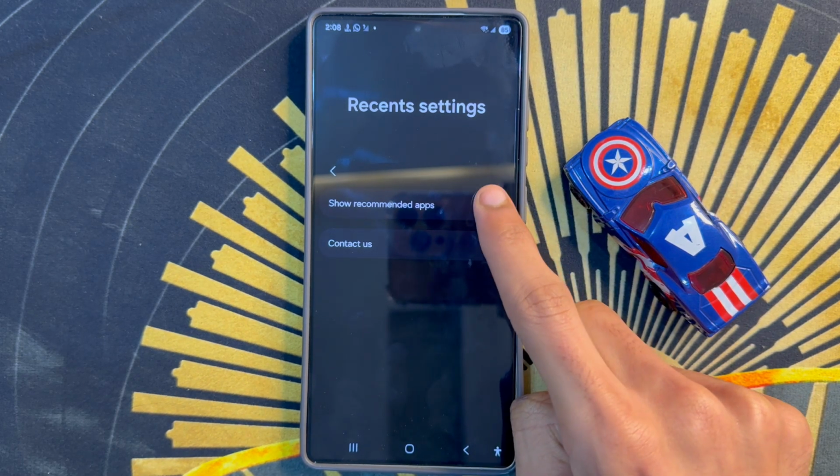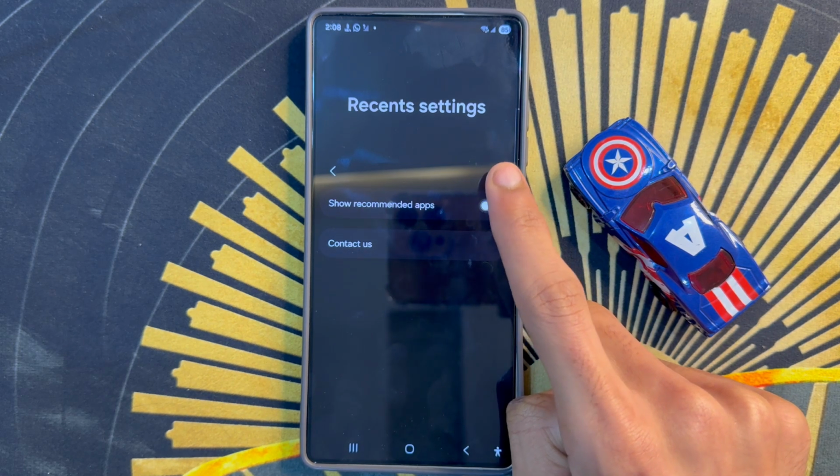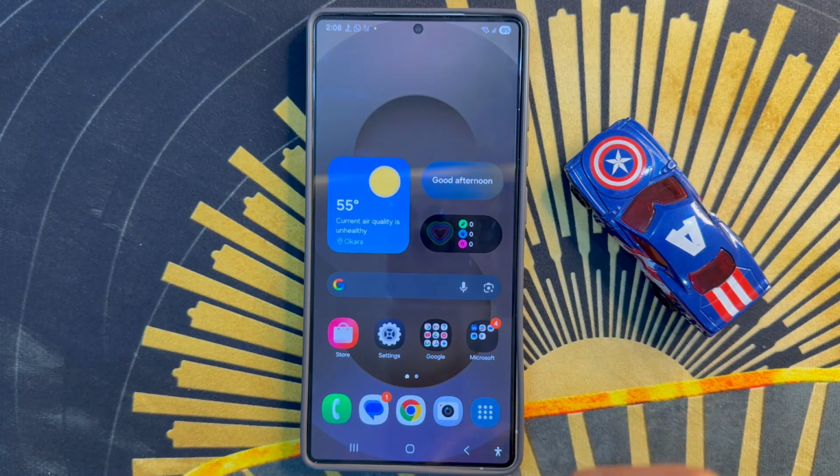You can turn on or turn off recommended apps from here. After the process, go back to the home screen. So that's how you can manage recommended apps in recent settings on